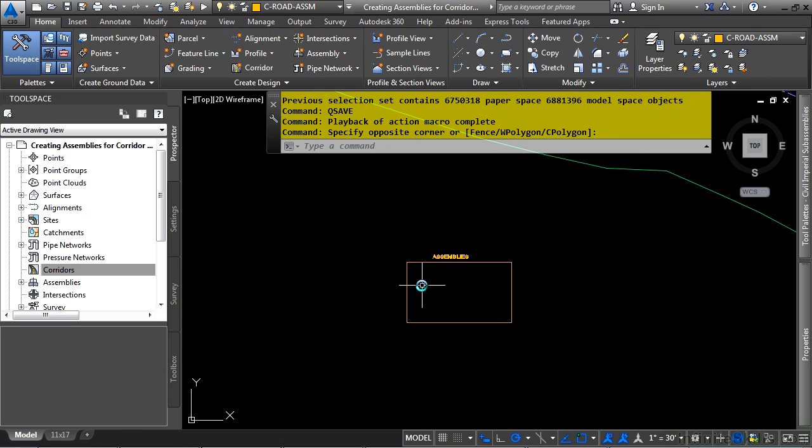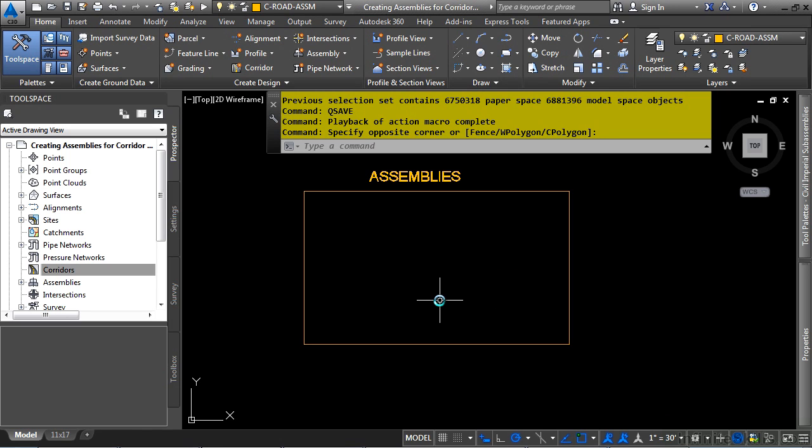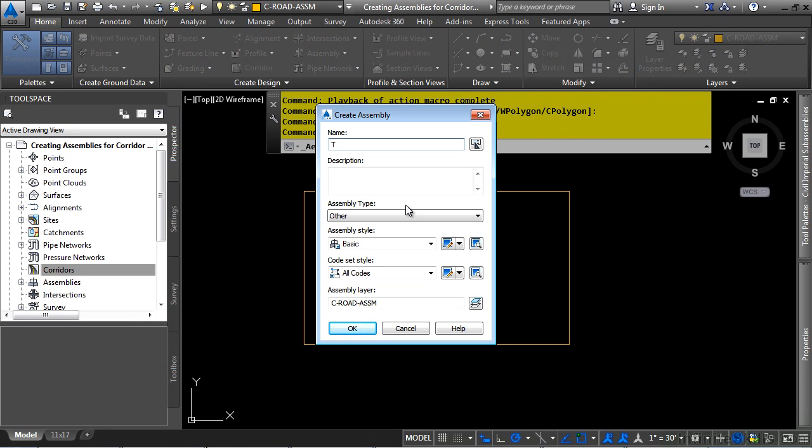It's always a good idea to create, somewhere in your drawing, some sort of area where you can define your assemblies. This way it'll be easier to zoom to them when needed. To create an assembly, navigate to the Home tab, Create Design Panel, and then the Assembly dropdown, and click on Create Assembly. We'll call this one TYP01 for typical 01, and in the assembly type dropdown, let's leave it